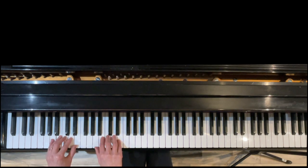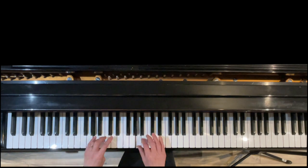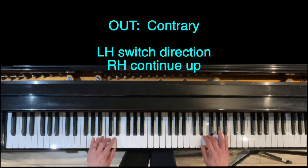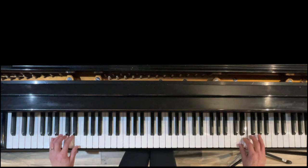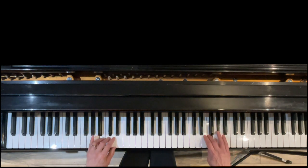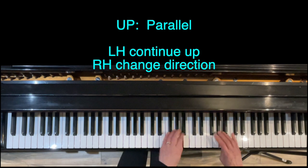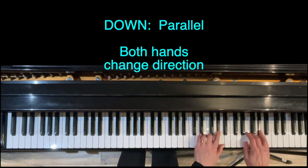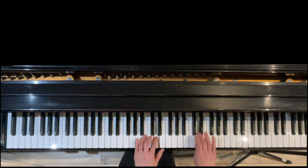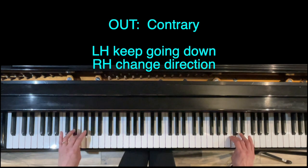Here we go with the 4-octave formula pattern. Up, parallel, 1 more octave, right hand keeps going, out and in, and contrary, in, and then left hand keeps going up, parallel, and down, and left hand keeps going contrary, out and in,